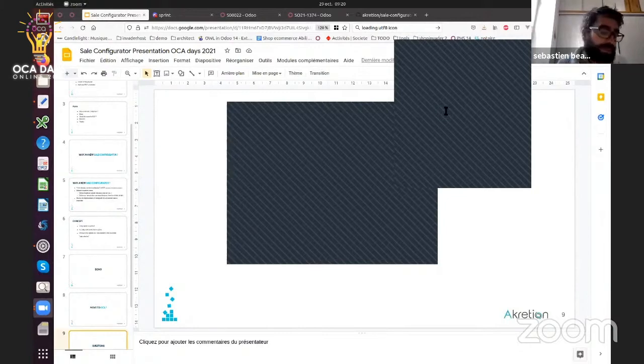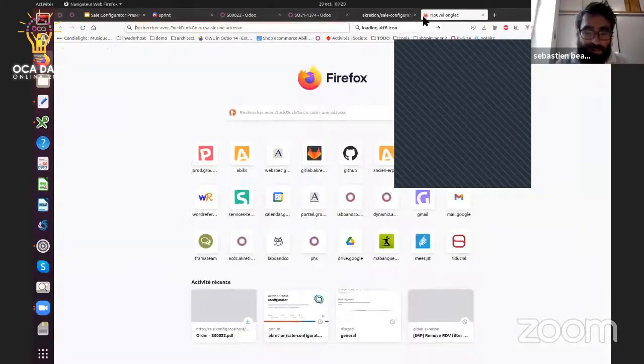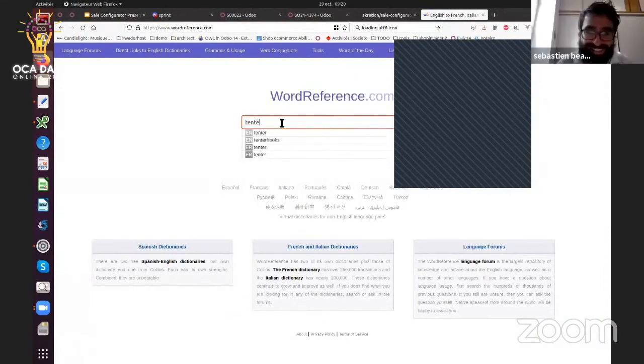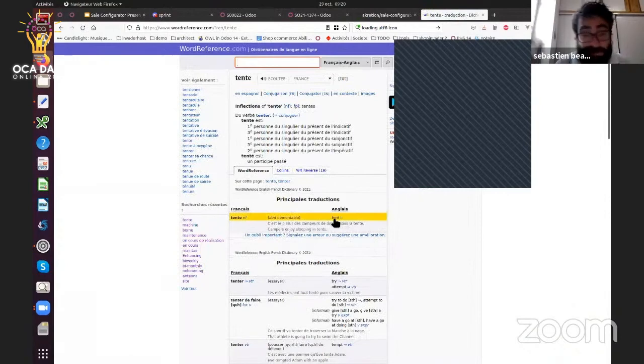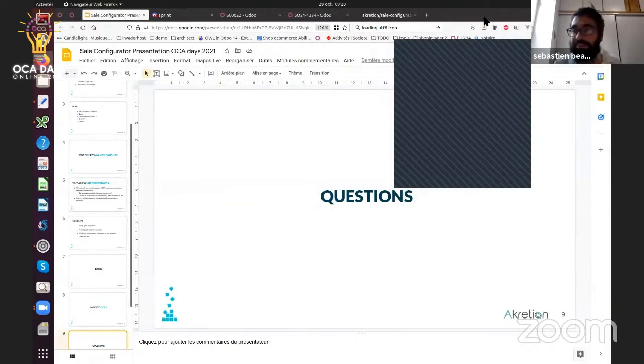And the dependent quantity is, for example, I have a customer that does the maintenance. I don't remember the word in English, so I'm going to sorry. Yeah, no worries, take your time. Well, it's tents. So it's going to do the maintenance of tents.